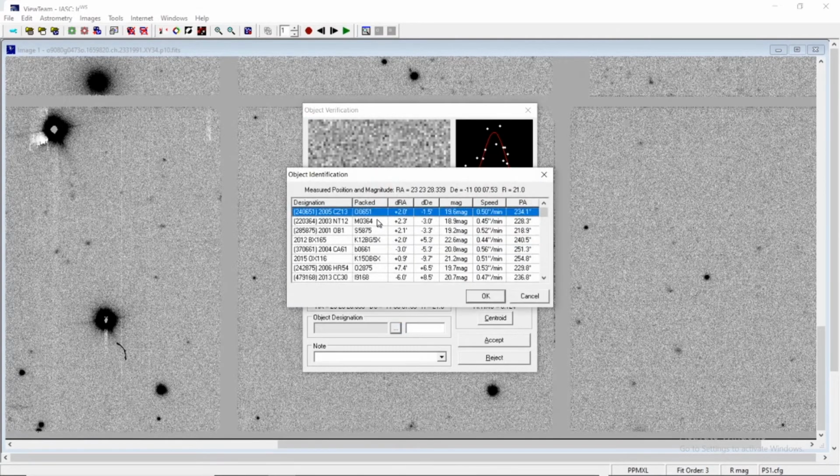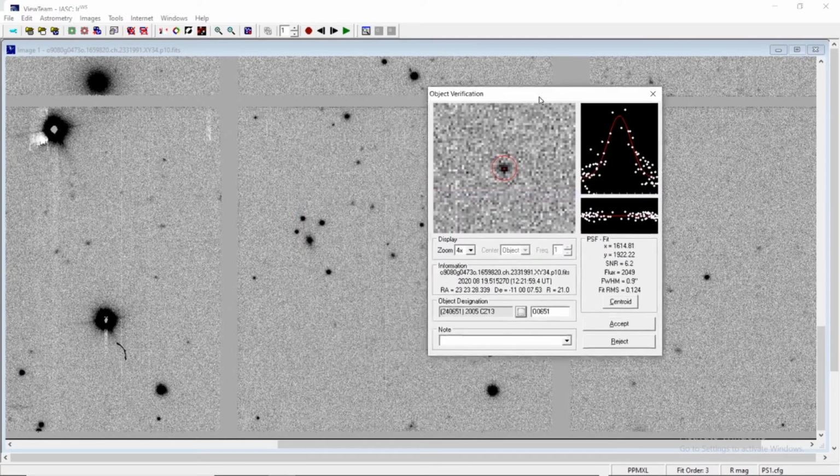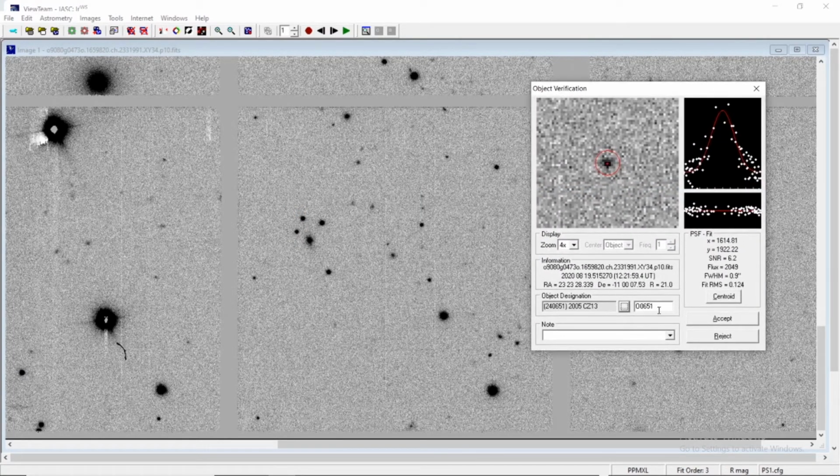Now you will get to see that same object, or any other object which you had known. All these 3 objects were reported by you. But don't worry, select the nearest object and click OK. This object is not the one you had seen. The 5-letter designation here, you should replace and put your team designation in its place.